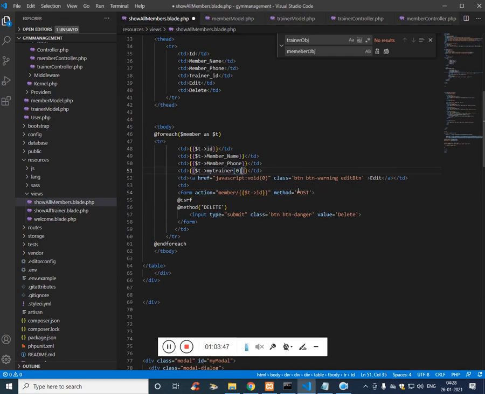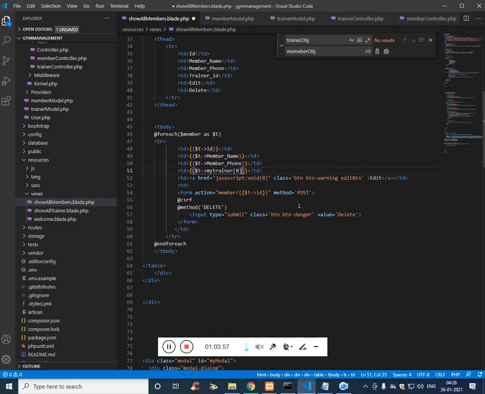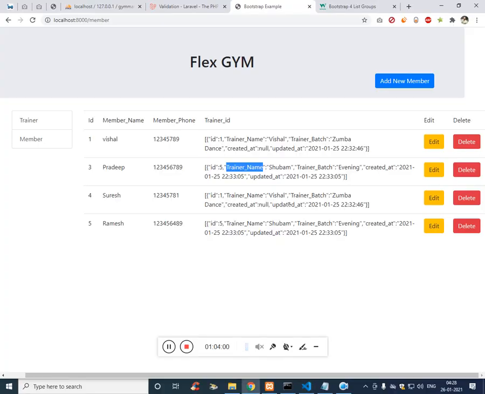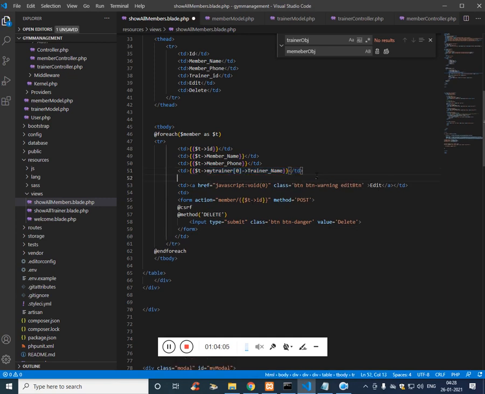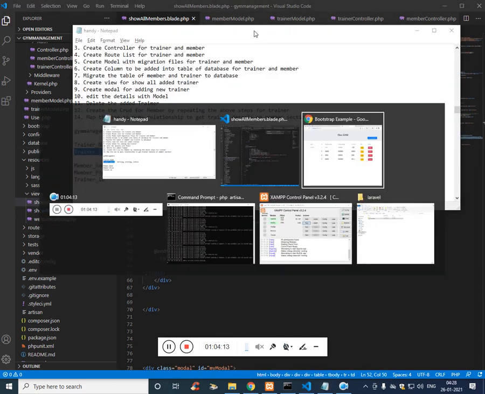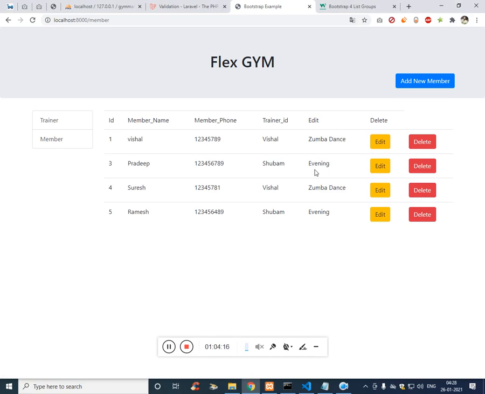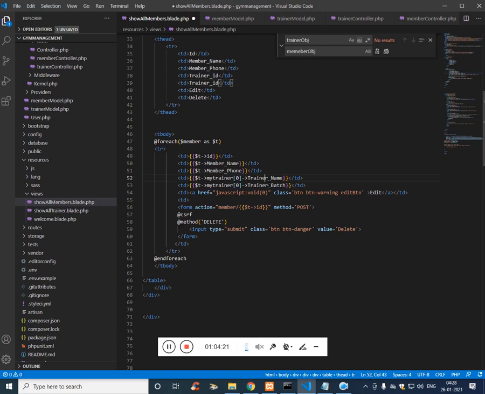On the first array, get the table trainer name. Fine. Likewise, get the trainer batch. If you refresh, let's add the trainer name and trainer batch here. I think that's it.